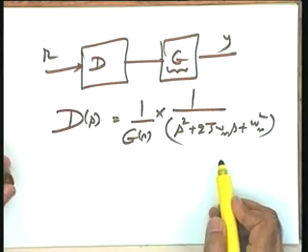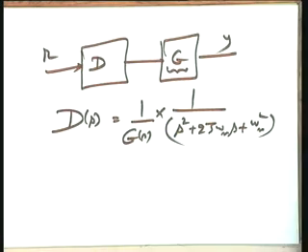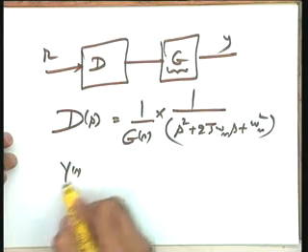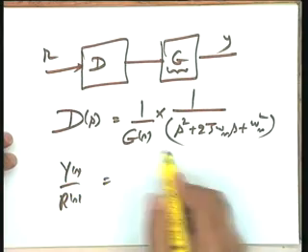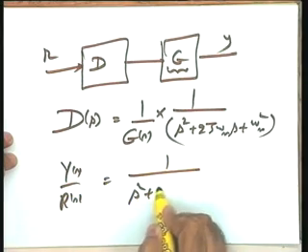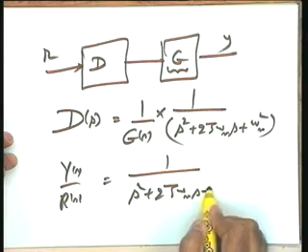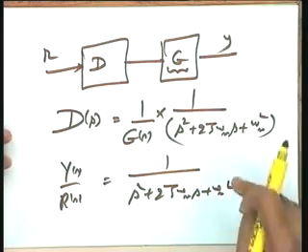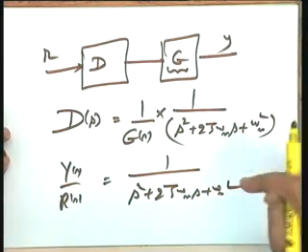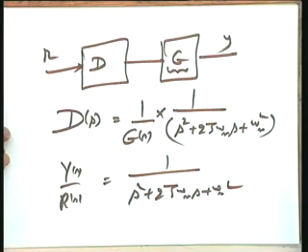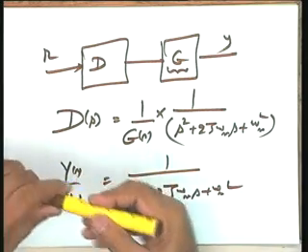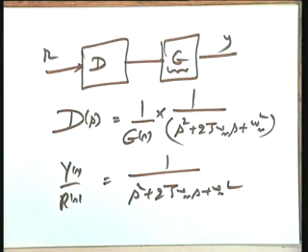Now if I take this G(s), what is overall Y by R? You will please note that Y(s) by R(s) is equal to 1 over s squared plus 2 zeta omega n s plus omega n squared, which you claimed is the situation corresponding to the given dynamic shape. So naturally, if such a D(s) is realizable, this is the most obvious and the exact solution which is possible. But we don't go for this solution.